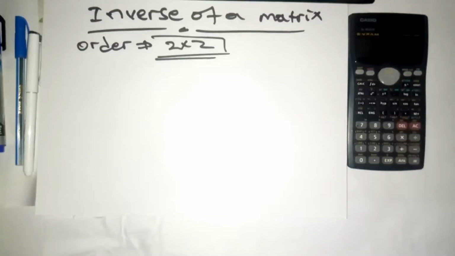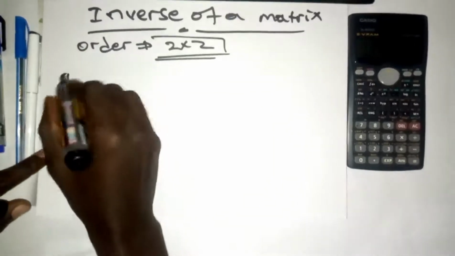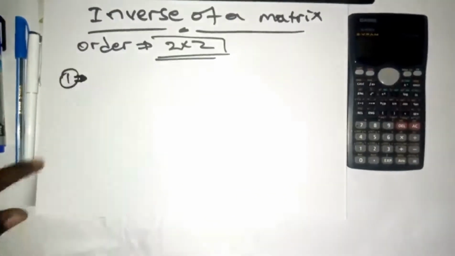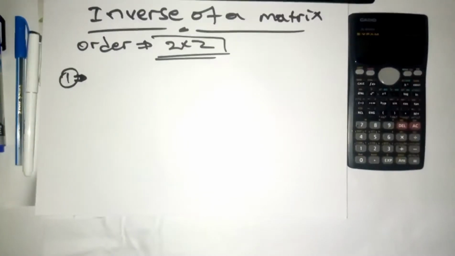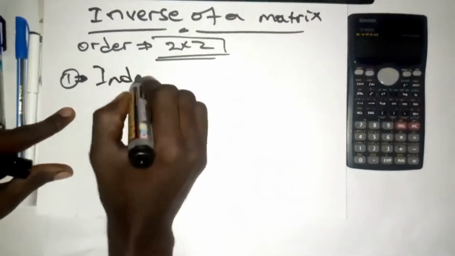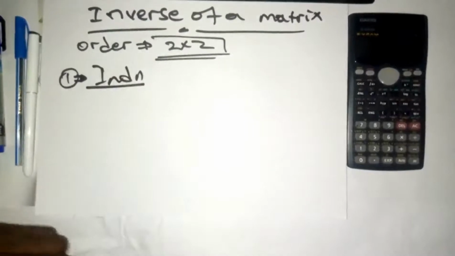The first one will be using the definition of the inverse, but before we look at the definition of the inverse of a matrix, let's first of all look at something very small. I can call it an introduction. Let's look at something very small. If A is a matrix,